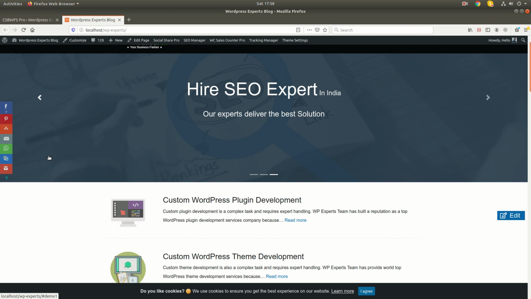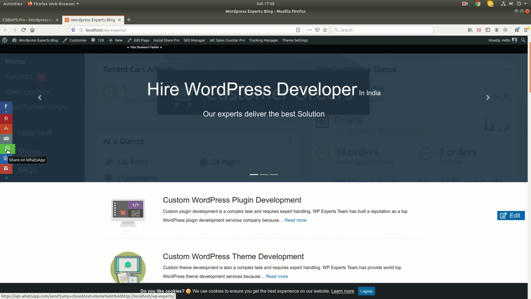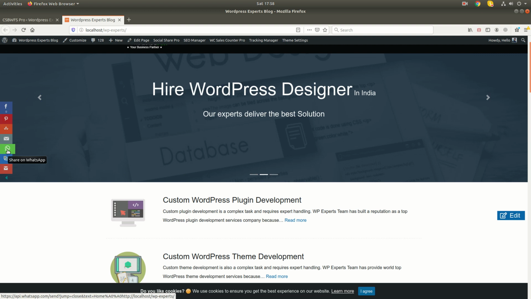So when you visit your site from mobile, then you click on this button. In that case, it will share your website's current page in your WhatsApp chat window. Okay, so you can share it with anyone that you want.